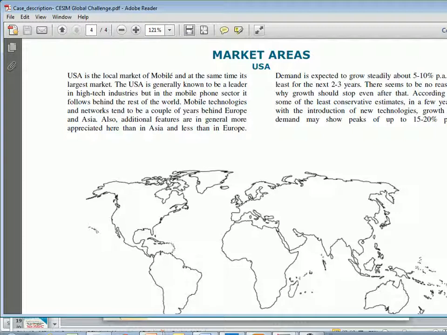I mean, I think everybody I know likes an iPhone 5S, but not a lot of people can afford it in this area of the world. So that's why features and technology is not something that's going to drive sales here as it would in Europe and Asia. Okay, so